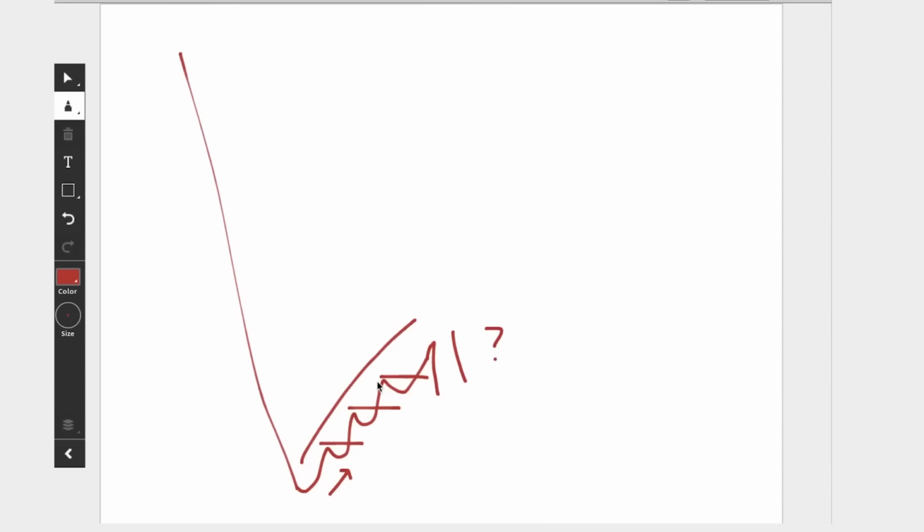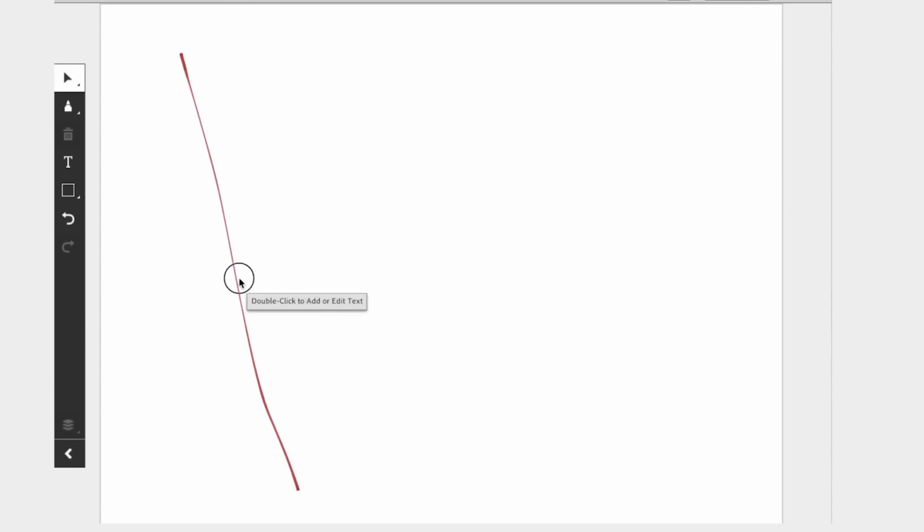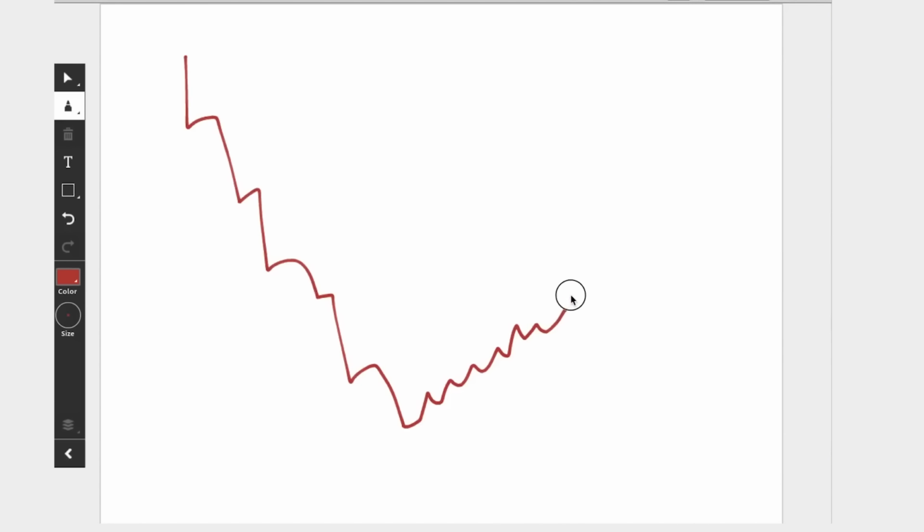Okay, so what we're going to do is look at this. I'm going to draw the pullback a little bit in more detail. So let's say this entire down move. Let me draw it out on a smaller time frame now. So the down move is coming down on a smaller time frame. Here we are. Okay, looks quite okay. Then the buyers come in, and then suddenly